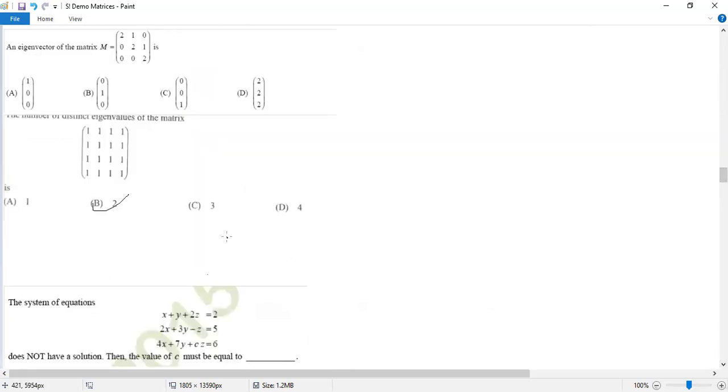I'll come to the remaining questions also, because we are doing eigenvalues. I want to finish off that. The number of distinct eigenvalues of this matrix are. How many distinct eigenvalues are there? Previously, how many non-zero